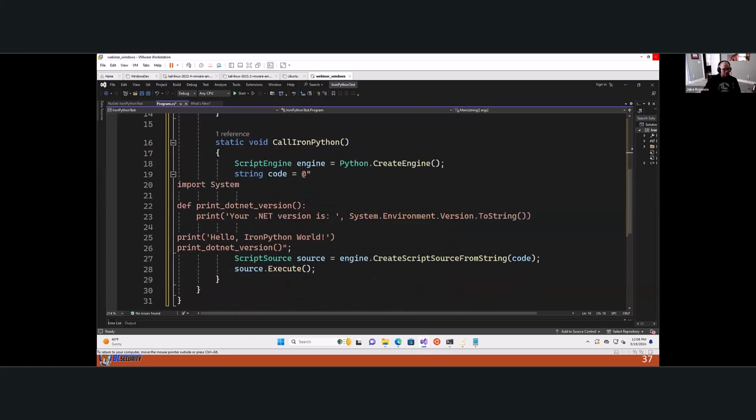So this is where we actually get into the nuts and bolts of what we're doing. The first thing we do is create a scripting engine. So this is kind of loading up our runtime environment equivalent. So we're creating a Python engine that's defined in the Python DLLs. We're then defining our code,